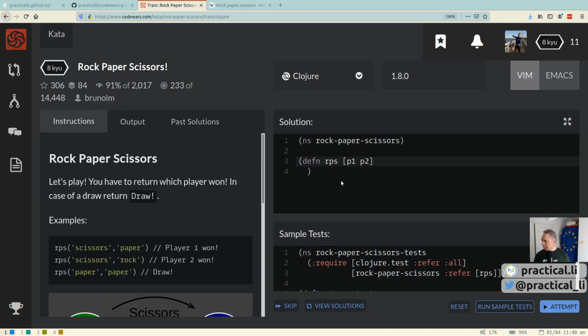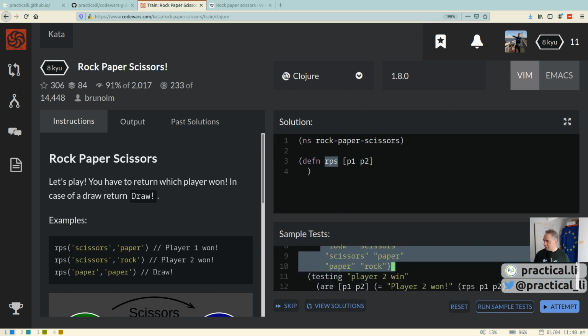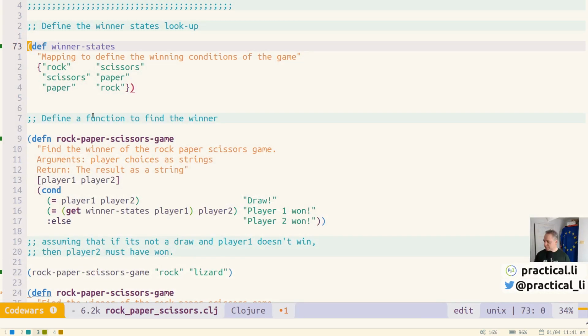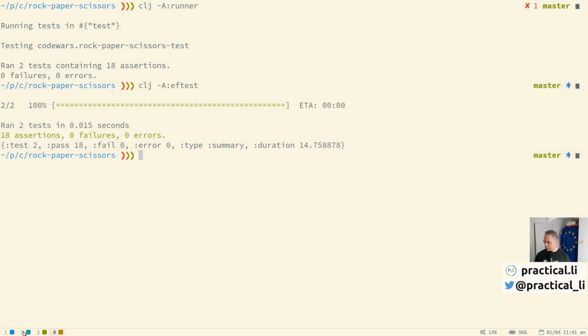So you'll need to keep the names of these functions the same, I think, because it's tied up with all the tests, and I think because it runs as sample tests. So let's grab the code. Where are we? There we go. So let's grab this first. So this is our map, so we can call that whatever we want to, because we're calling that from the